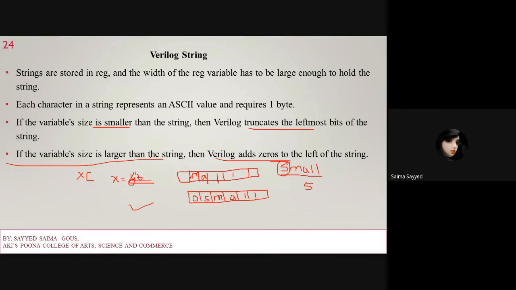First we have to define how many characters are there in a string. If it is smaller, it neglects the leftmost bits, and if it is larger, zeros get added in the register to store the string. So I hope you have understood what data types and operators are.